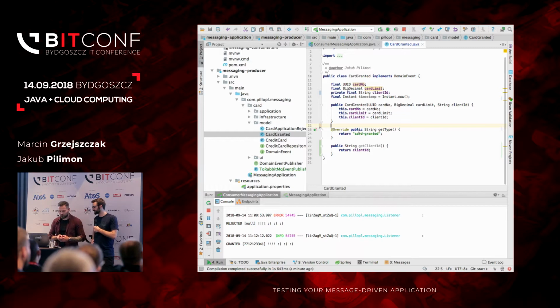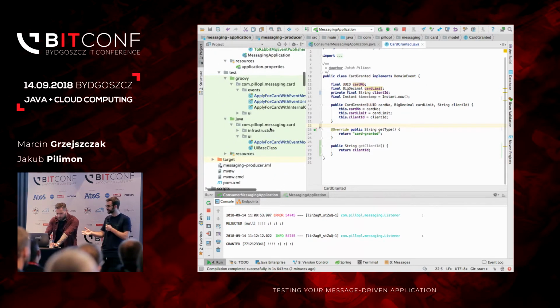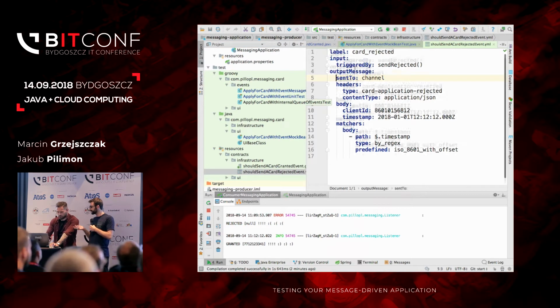So the concept is that you can define a contract, so an agreement between the consumer of a message and the producer of a message on how the message should look like. I've seen this, that we have it, right? You can define those contracts in YAML or. Can you explain what those YAML things mean to me?